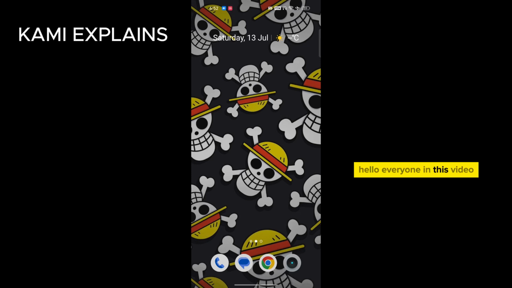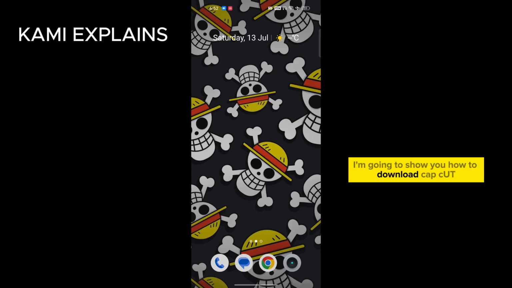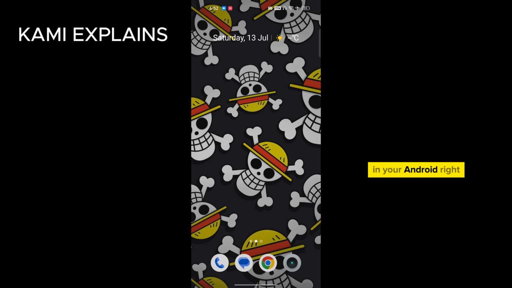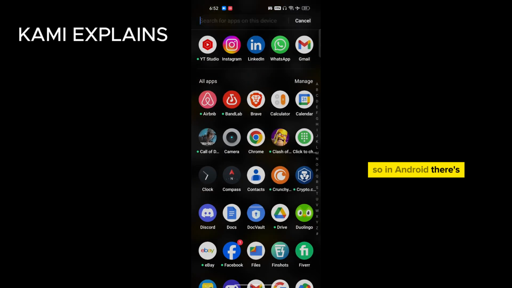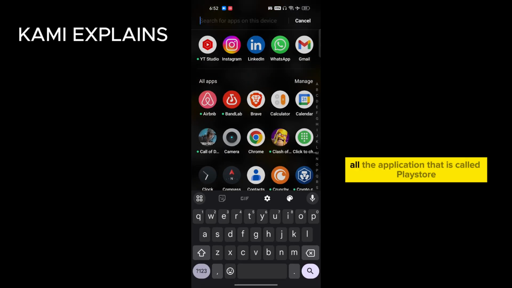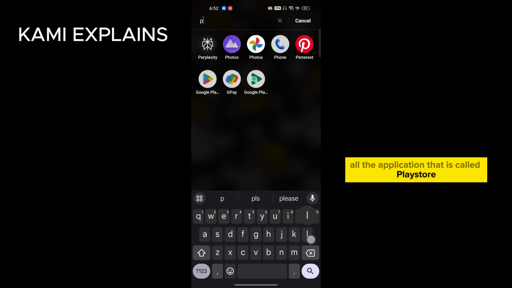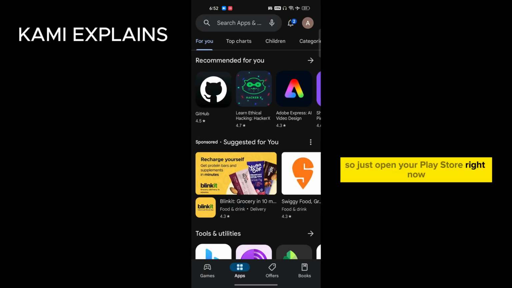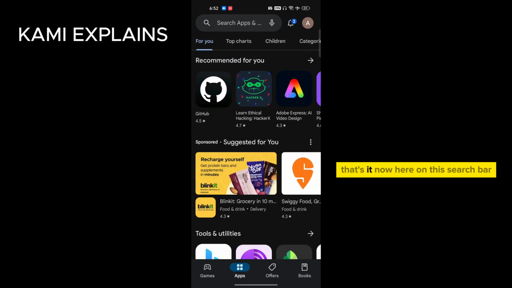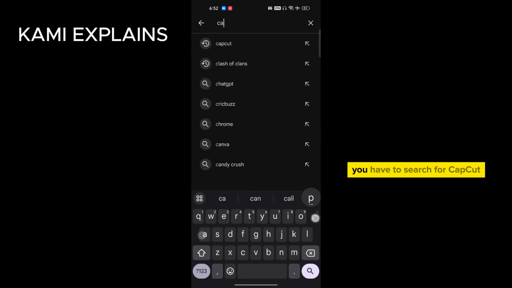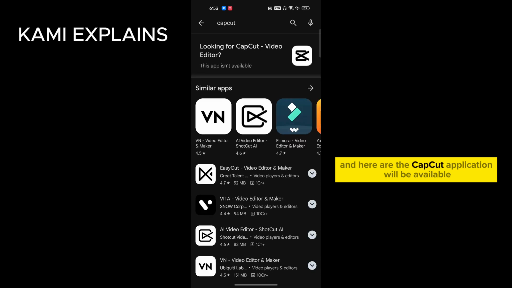Hello everyone, in this video I'm going to show you how to download CapCut on your Android. In Android there's an app from where you can download all the applications, called Play Store. So just open your Play Store right now. Here you have to log in using your Google ID. That's it. Now on the search bar you have to search for CapCut, and here the CapCut application will